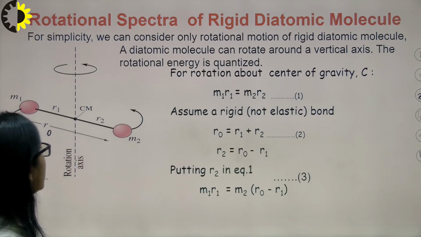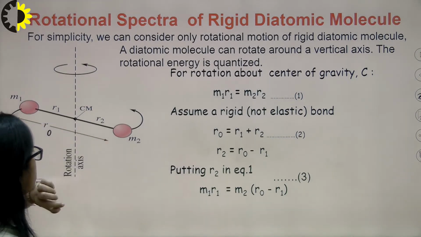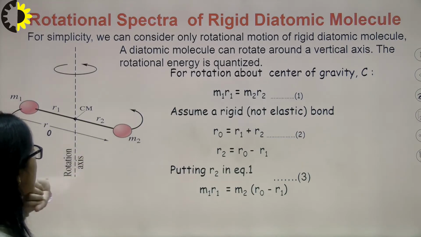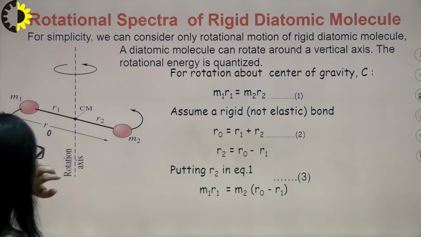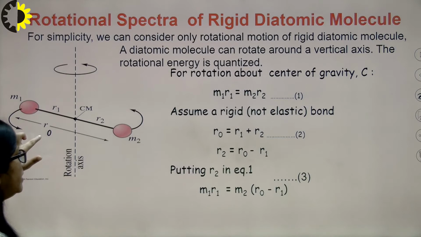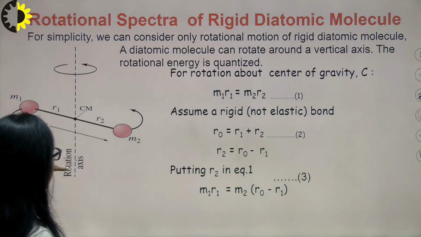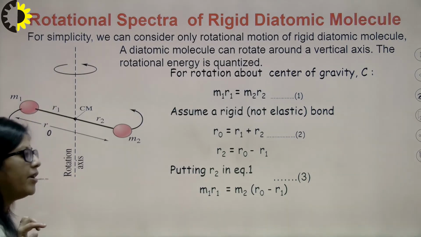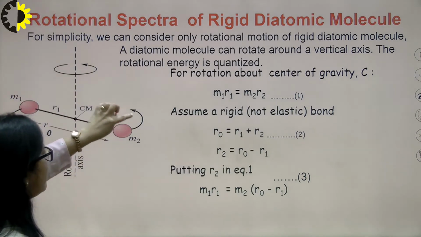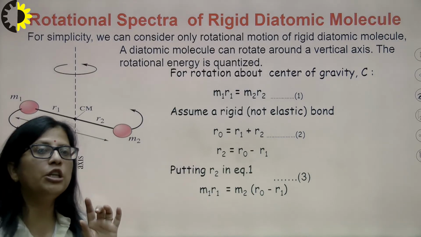Here I have taken two atoms. The mass of the first atom is m1 and the mass of the second atom is m2, and the internuclear distance between the two atoms is r0. Here I am showing r0, and this is the imaginary axis passing through the center of gravity, and the molecule should rotate in such a manner around the center of gravity that